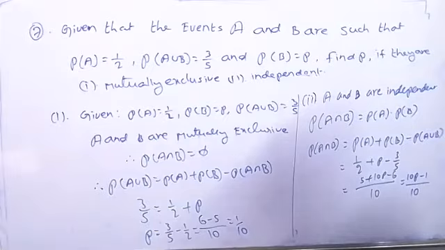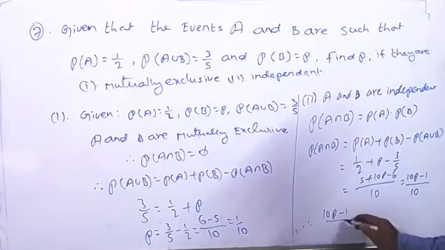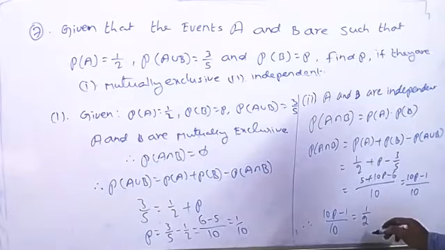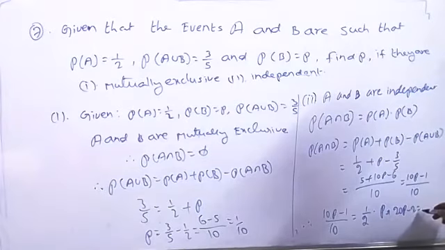Probability of A intersection B. So both you can substitute in there. Therefore, probability of A intersection B is equal to 10P minus 1 by P, which is equal to probability of A, 1 by 2, into probability of B, which is P. Now we can do the cross multiplication. 2 on this side now, 20P minus 2 is equal to 10P on this side. So clearly we will get 10P equal to 2.